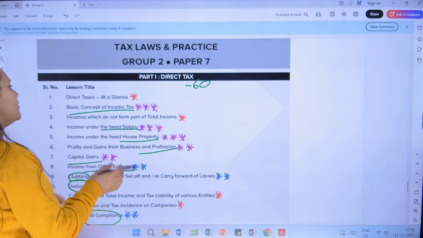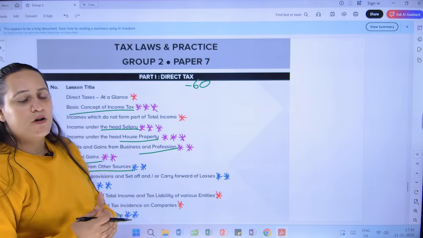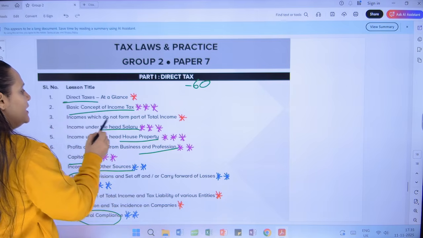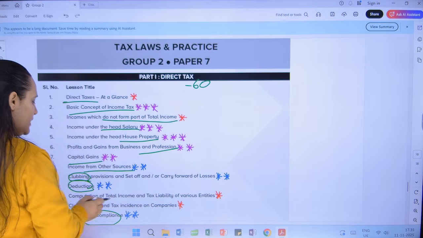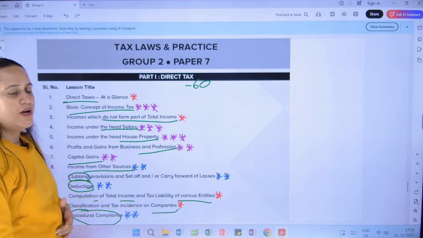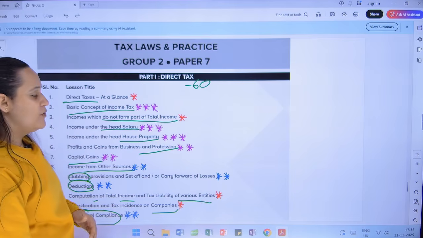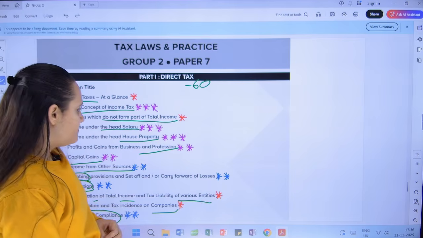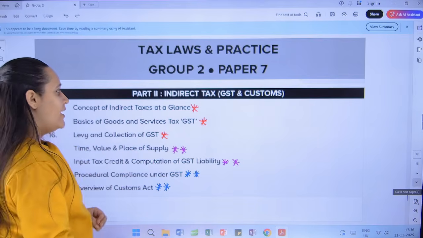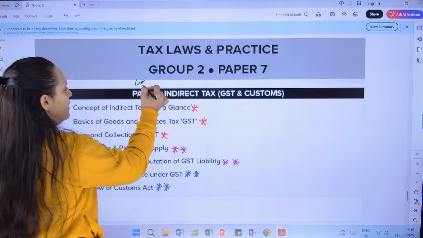Once you have completed this, you can go to the least or the most basic chapters, that is the direct taxes at a glance, incomes which do not form a part of total income, computation of income tax for various entities, computation of tax for companies. In this order of preference, you can study. Coming to the aspects of GST, which carries 40 marks,